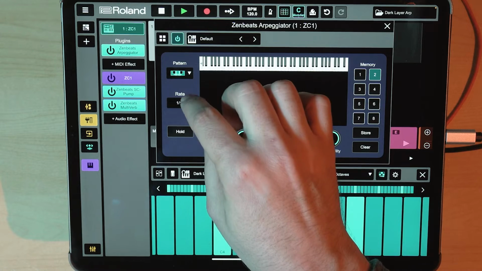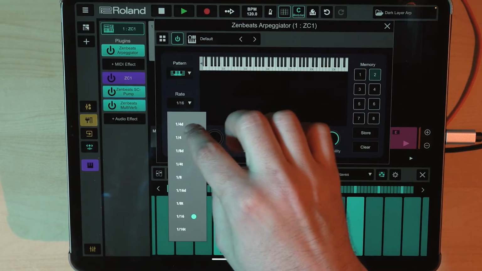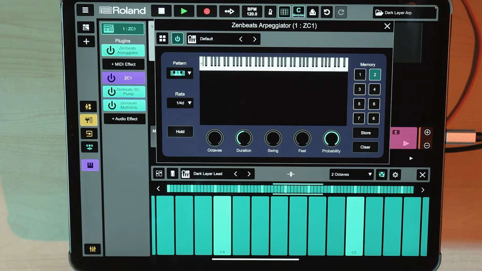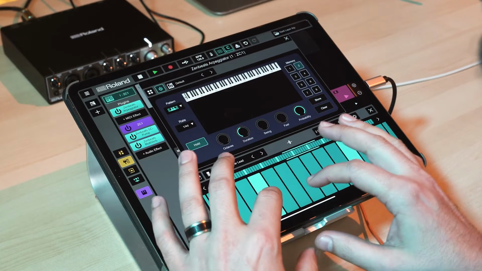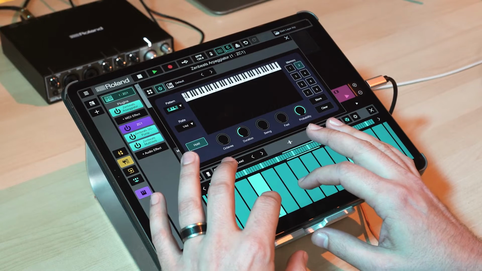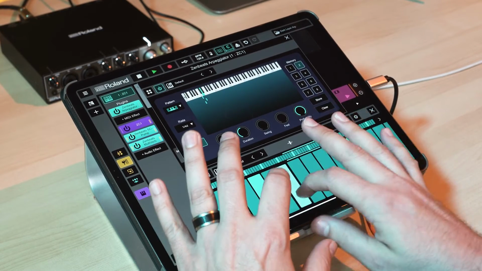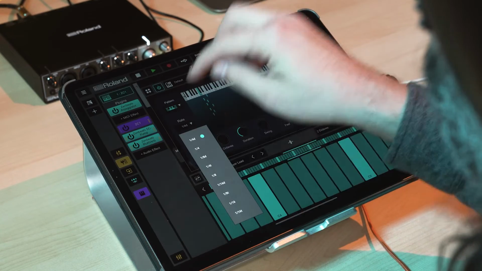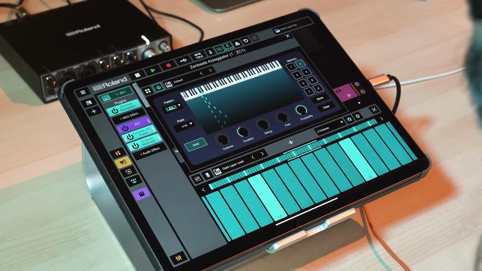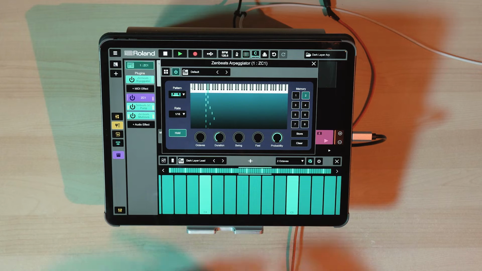Now, if you use the hold function, it's going to hold down your last notes like so until you tap it. Check out what you can do with the as played mode. I want to set it really slow, and I want to make a unique arpeggiation with it. Let's turn hold on so it starts capturing the notes. And now that's really slow. Let's speed that up. And there you go. I just recorded a basic simple melody into it.